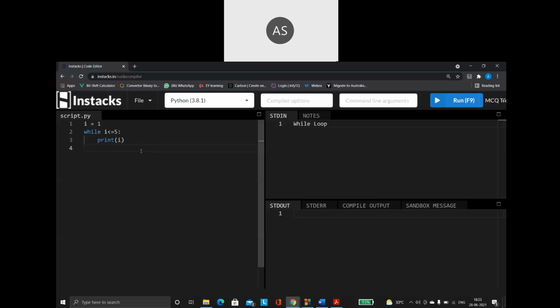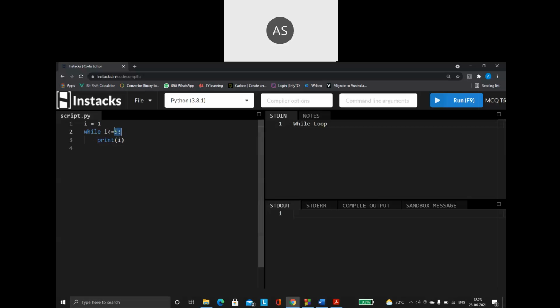So what happens in this scenario is, before going into the loop, a variable I is getting created with the value as 1. This is fine. Yes, I have an initial value or the starting value of I here. Next, condition. Yes, I am having a condition also. So the condition says that as long as the value of I is less than or equal to 5. Yes, it seems to be a valid condition.